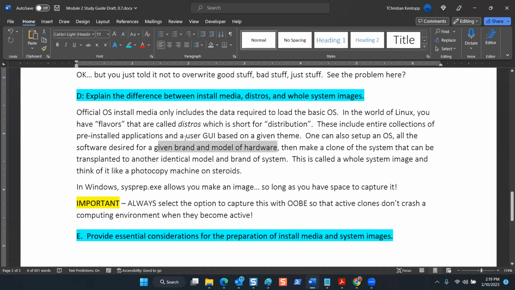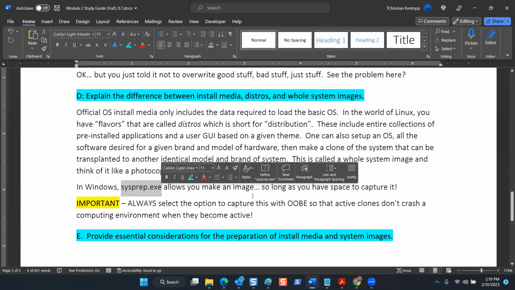So if you have 9th generation i7 Intel processors, and you have the same chipset in a variety of Dell computers, you can generalize to a point. Then you make a clone of the system by running a tool called sysprep, sysprep.exe. And that allows you to make an image so long as you have the space to capture it,